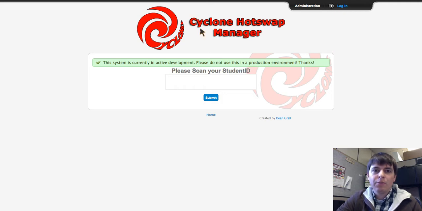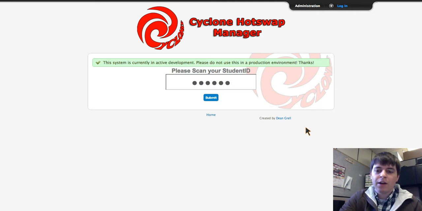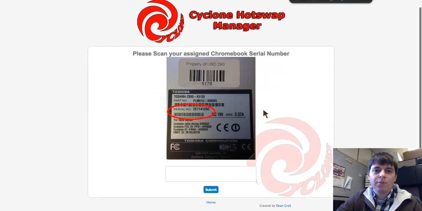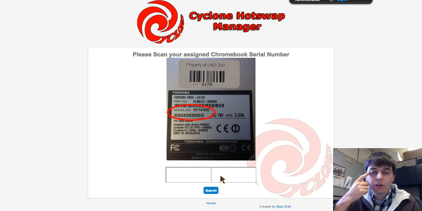So what we ended up doing is I built this Hotswap manager here. A student would come in with their ID, put a barcode under a barcode reader, and it would read in their ID. They could then check out a Hotswap or a charger. We're going to check out a Hotswap. They would then scan their current Chromebook. And if they don't have their Chromebook, this would be an issue we'd fix on the back end, which I'll show you later. But they'd scan their current Chromebook,